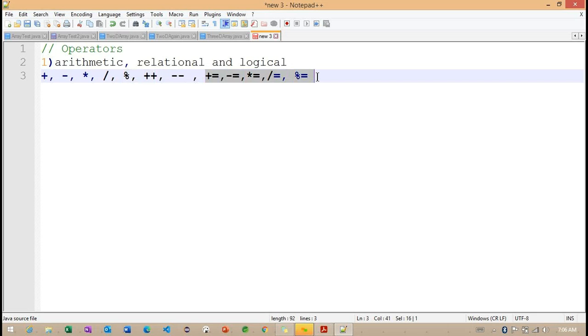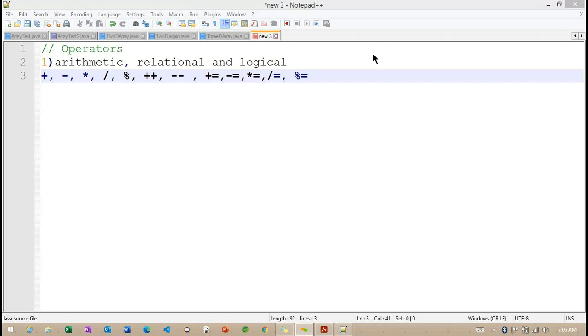Using them, we are going to get some benefits, and each one has a different name: addition compound assignment, subtraction compound assignment, multiplication compound assignment, division compound assignment, and modulo assignment. These are the very important assignments we are discussing.